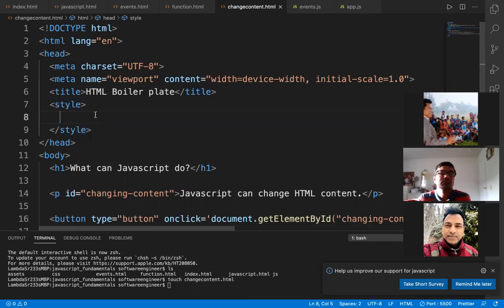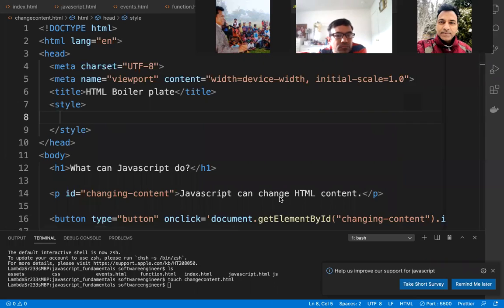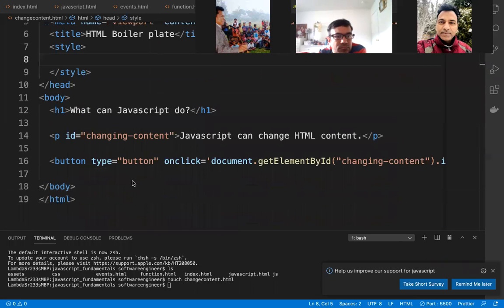It will help you later when you will develop a very responsive website. And very soon we are going to do it. But before doing it, you have to be comfortable, especially dealing with onclick, document.getElementById, dot innerHTML is equal to,